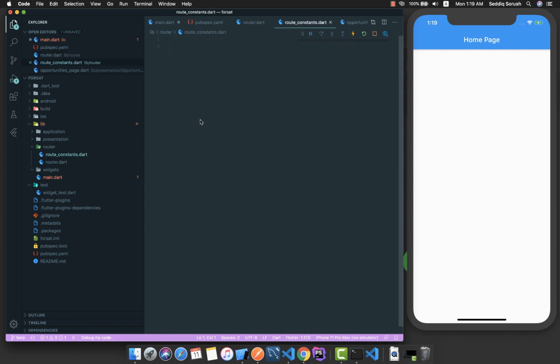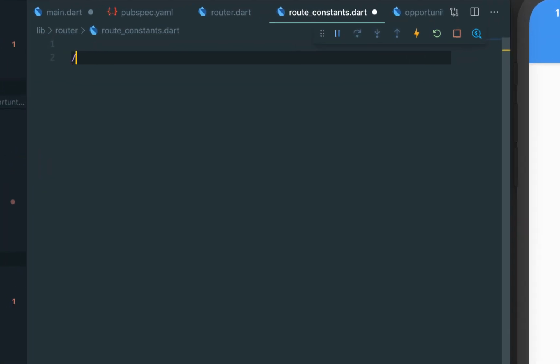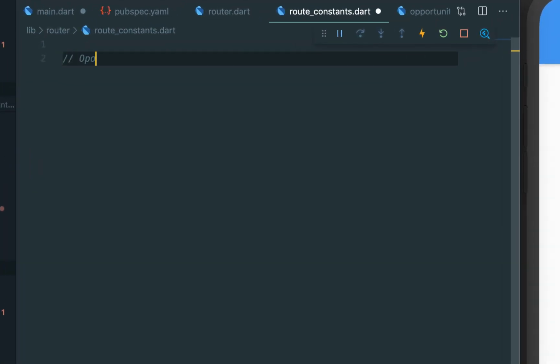But before that we need to have some route constants. Why do we need these route constants? Because if we want to navigate between the pages of the application, every time we need to type the name of the route that we want to navigate to. But sometimes we might face some spelling mistakes. So to avoid that kind of situation, we are going to have these route constants, and as we'll add lots of routes here,